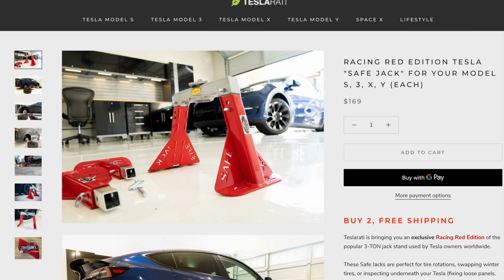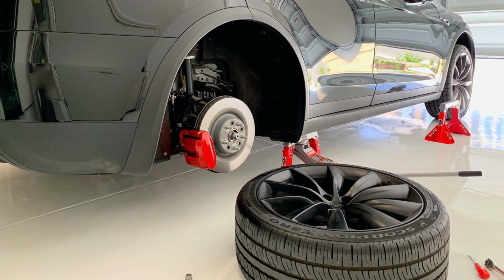If you were needing to switch out your tires for winter, these could definitely help a lot in that process. Additionally, for Black Friday, Teslarati should be running a discount code for the Safe Jack, and I'll link that below